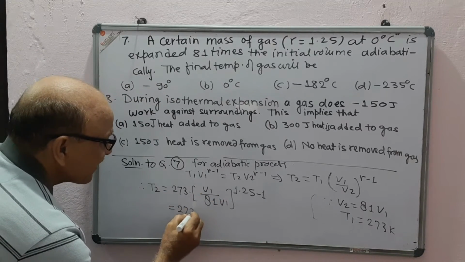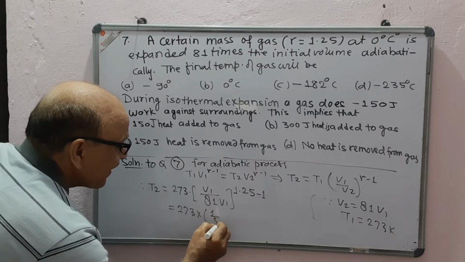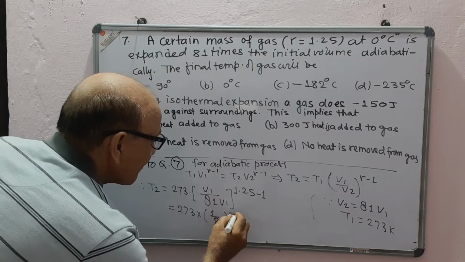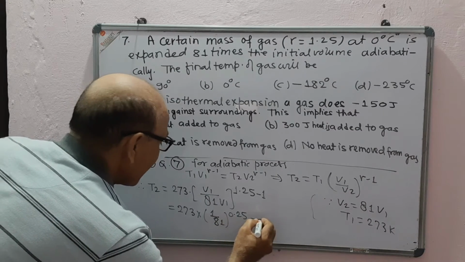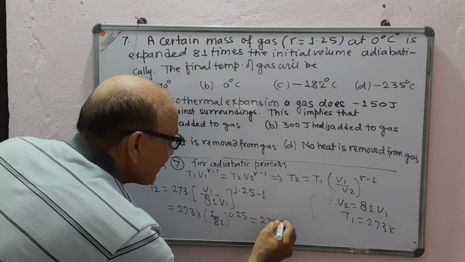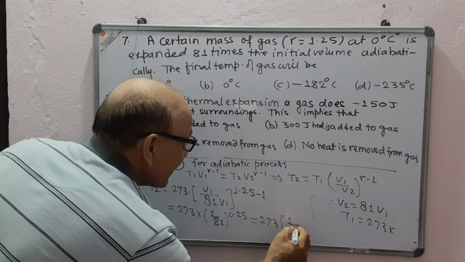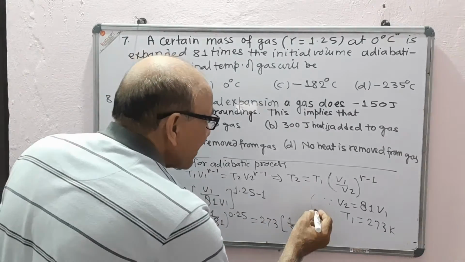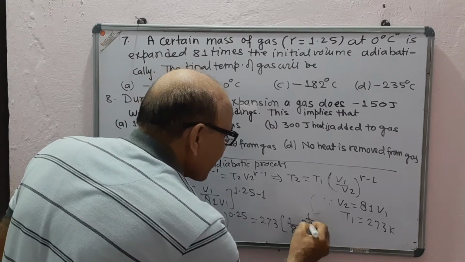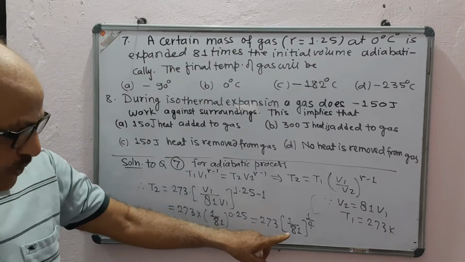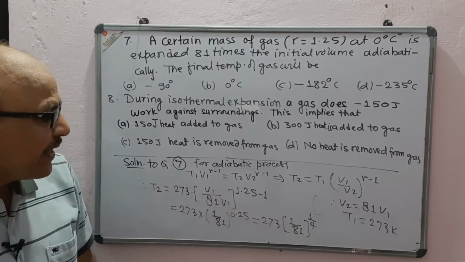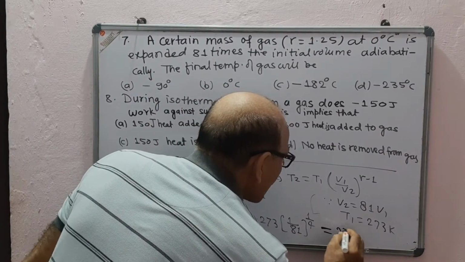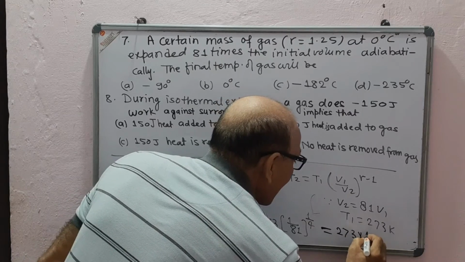This is 273 into 1 upon 81 to the power 0.25, which means 1 by 4. Now the fourth root of 1 upon 81 will be 1 by 3. So this is 273 into 1 by 3,